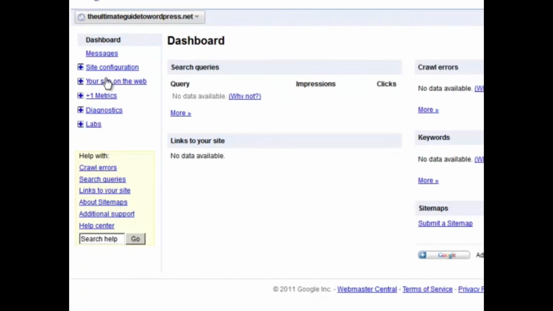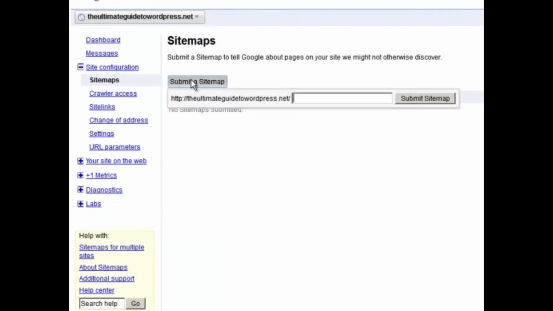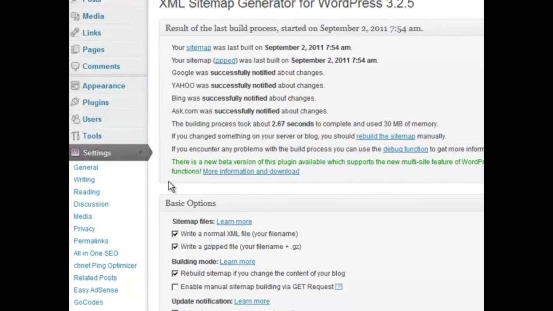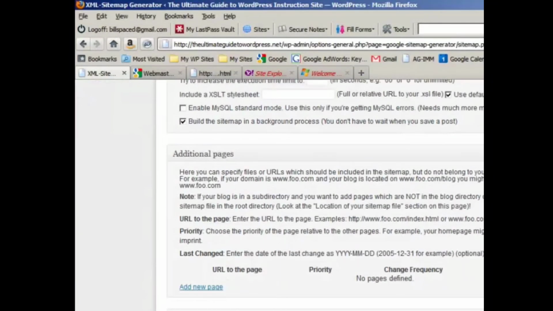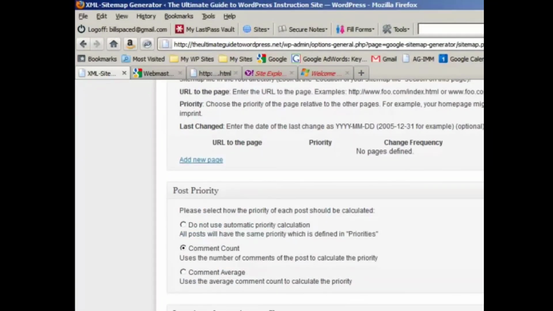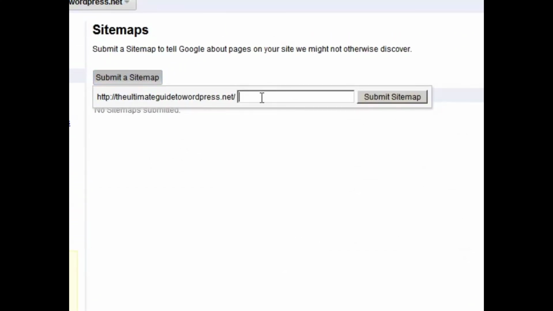And what you want to do next is look at all these options. This is not a course in how to use Google Webmaster Tools, so don't get too excited. I'm not going to explain all of this stuff in detail. But what you can do is click on Sitemaps and submit a sitemap. And then if you go back here, you'll see the address of your XML sitemap is right here. So just copy that, go back to Webmaster Tools, submit a sitemap, paste it in there, click the button,